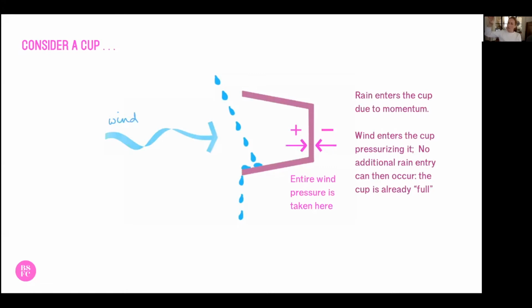I want you to think about what is going on inside the cup. If you've got a cup that's facing the wind, the cup is going to fill up with air, right? The wind is going to blow air into the cup, and then the cup will be full of air. And once it's full, no more air can get into the cup. So you're going to have a positive